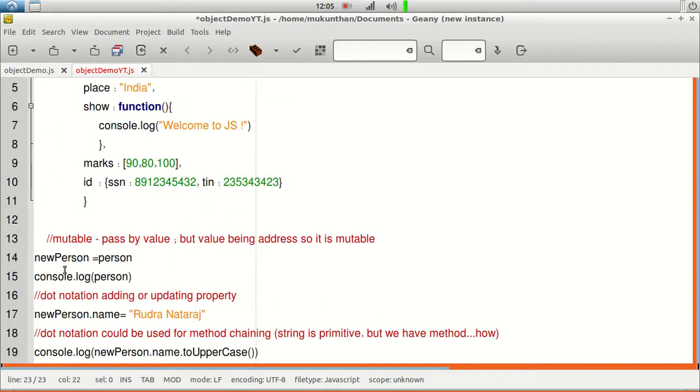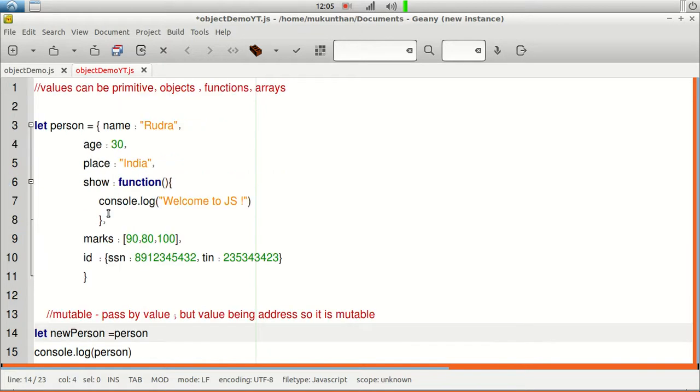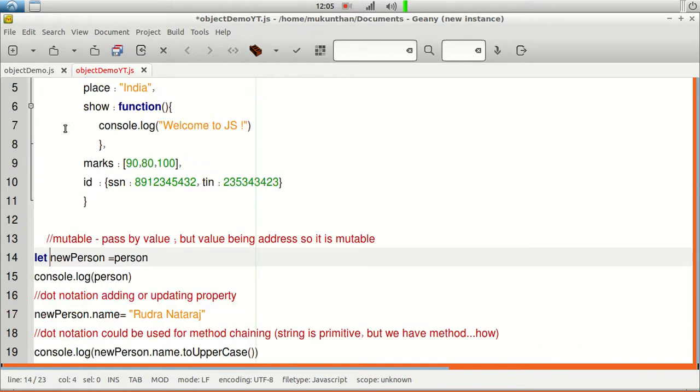So whenever you assign a new variable to this one, for example in this line you can see newPerson is the new variable. So let me create this one. let newPerson, and I am referencing the existing object, which is nothing but person. Whichever memory address of the object is present in the person variable will be assigned to newPerson.